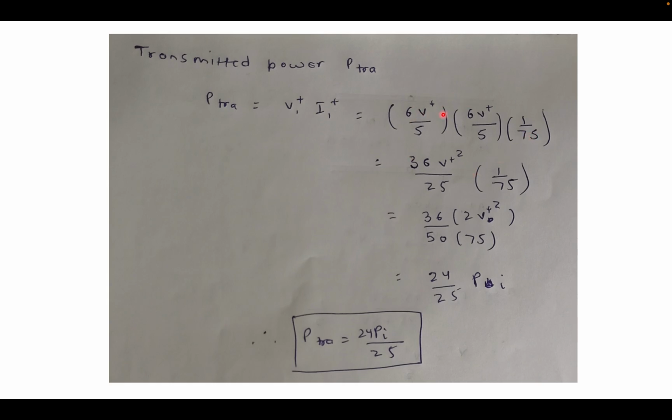This will be 36 times V plus square upon 25 times 1 by 75. Here you can multiply by 2 in both the numerator and denominator, so that you get an effective expression that you can replace by P i. If I multiply by 2 top and bottom, I get 36 times 2 V plus square upon 25 times 2, which is 50 into 75, and now I can again write V plus square upon 50 as